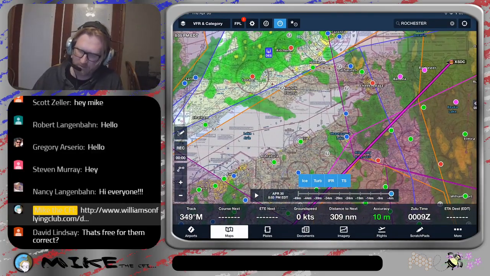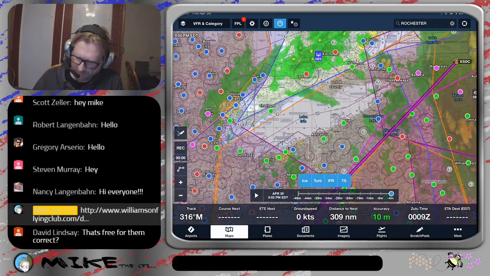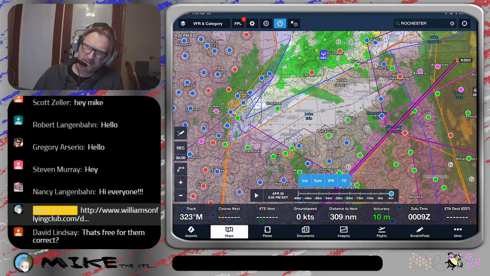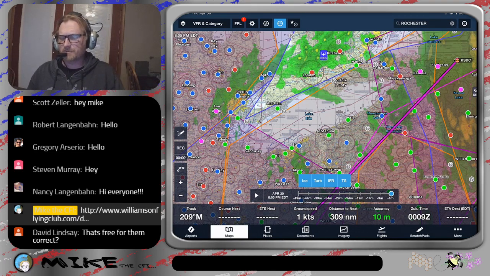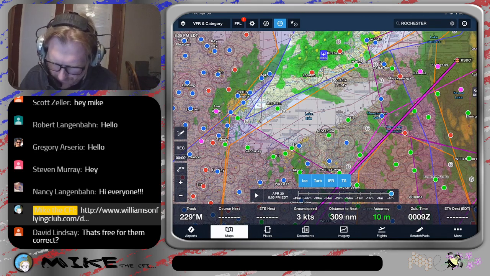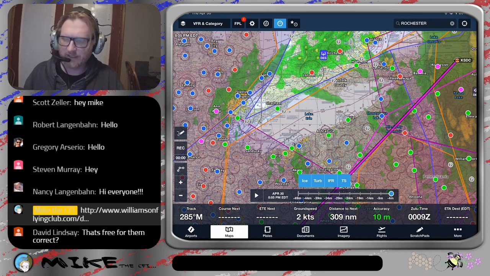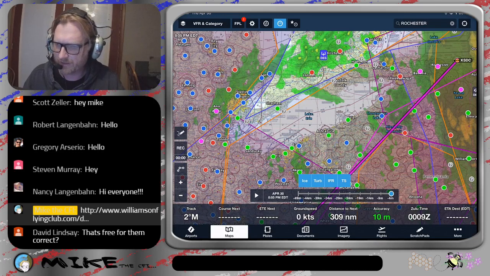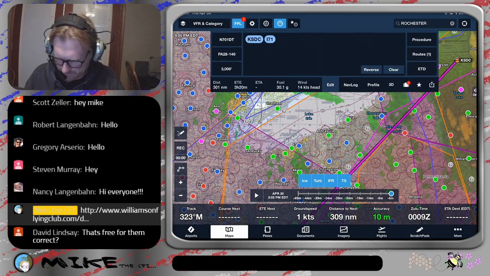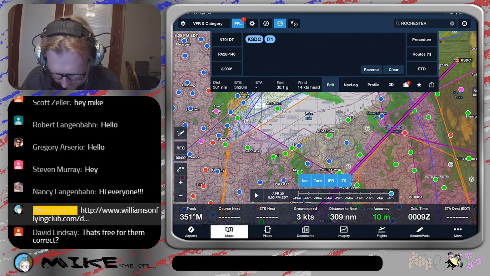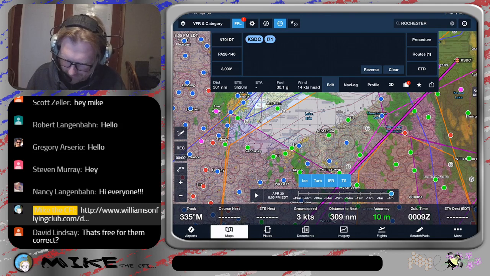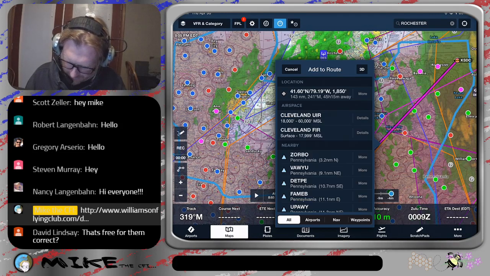Knowing where the weather is going to be, that might cause you to divert. Everyone wants to pick the shortest route possible, but keep in mind a lot of times, planning your flight, a slight diversion around some weather area doesn't really add a whole lot. For example, right now our estimated time en route would be 3 hours and 20 minutes. If I just,